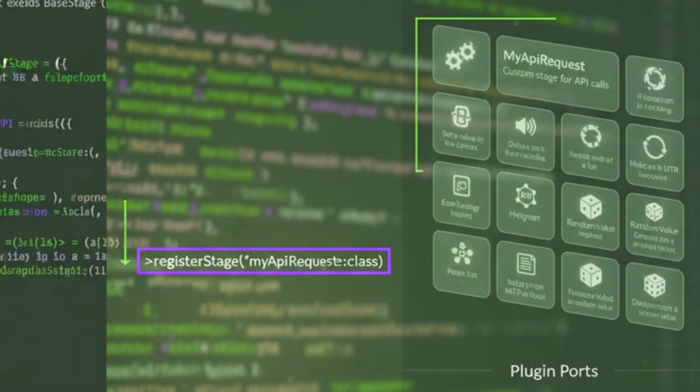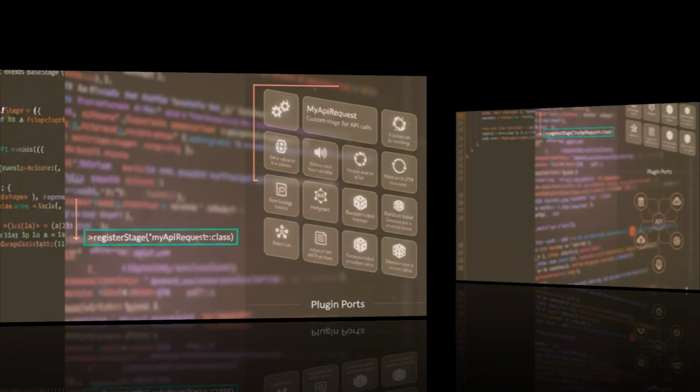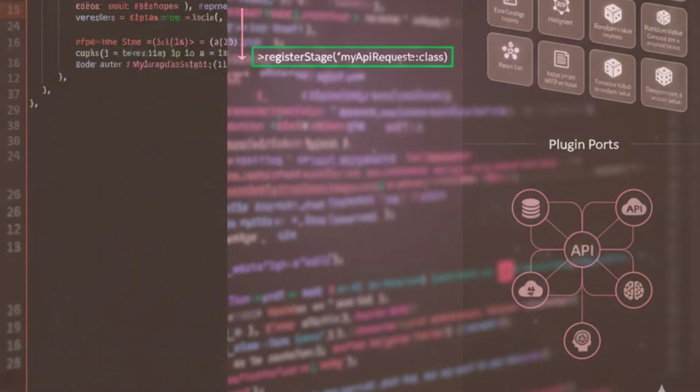Want to integrate with a specific service your company uses? Build a custom stage for it. Need to implement unique business logic? Build a custom stage. Want to connect to generative AI services? Build a custom stage. Once you build those custom stages and register them with Pipeflow, they become available just like